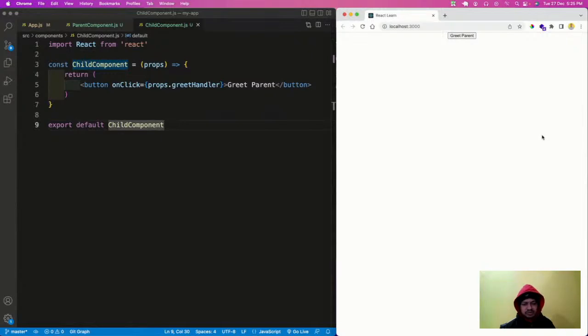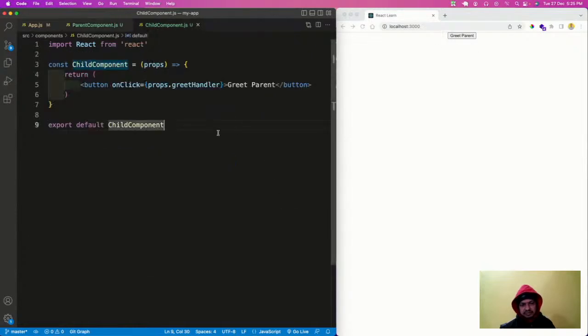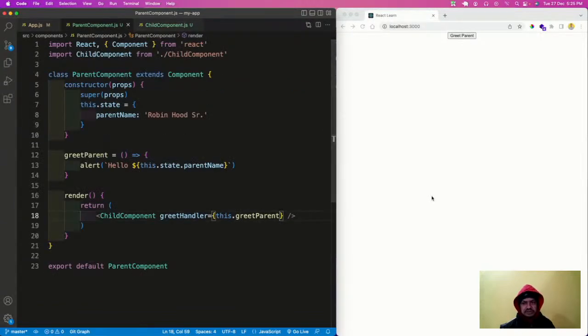So most people know, the greet parent is there, so props.greetHandler is there. What is happening here? When I click here, this props.greetHandler will be called. So on click, props.greetHandler will call, and greetHandler calls this thing. So there is a pipeline being established in the opposite direction. If I click here, "Hello Robin, senior", the pipeline is established. But if you see in the